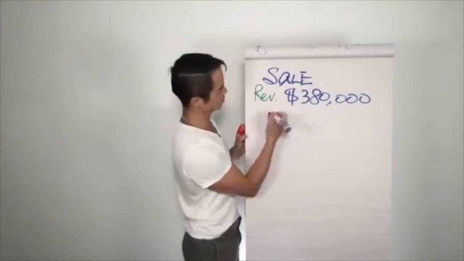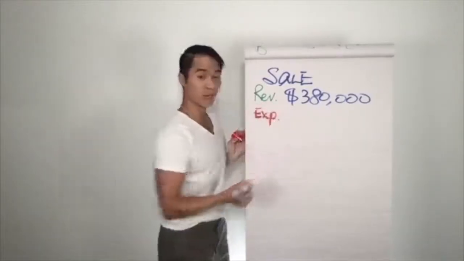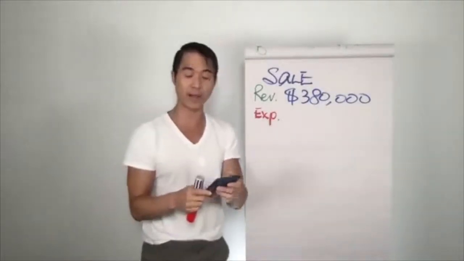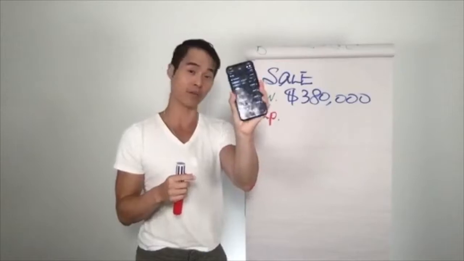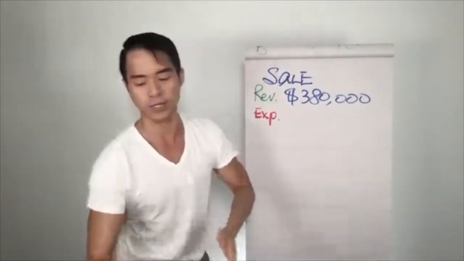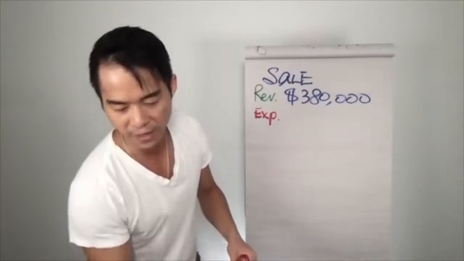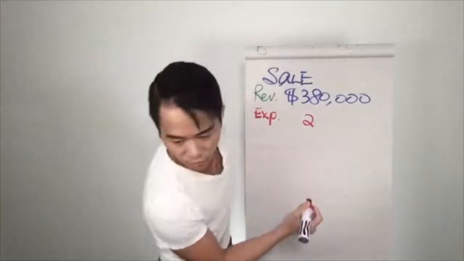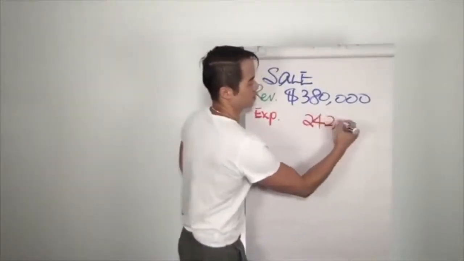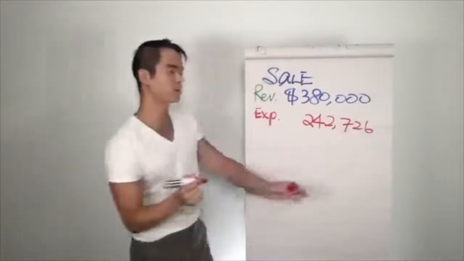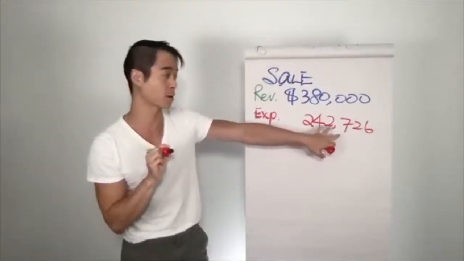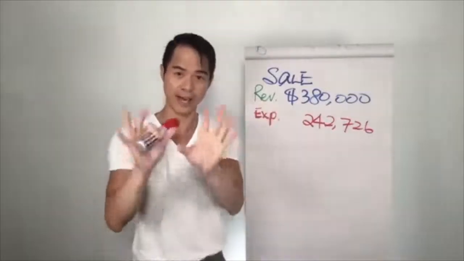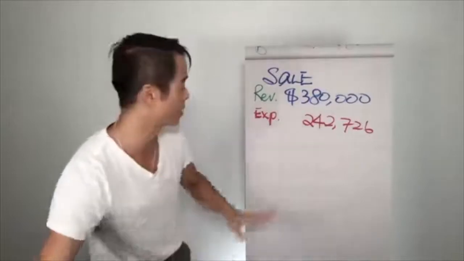First thing first, do we own this property free and clear? No, we don't. We actually have a mortgage balance. When you go back to your mortgage app or even on RateHub, it will tell you that as well. So at the end of the 3 years, there is a loan remaining of $242,726. If I were doing this deal myself, I would probably round it up to $243,000. However, just in case this is the number you're looking at, that's totally fine. I don't want to mess anybody up at this point.